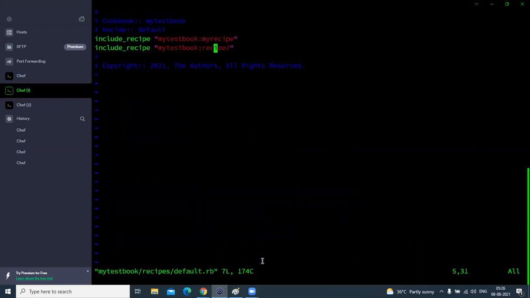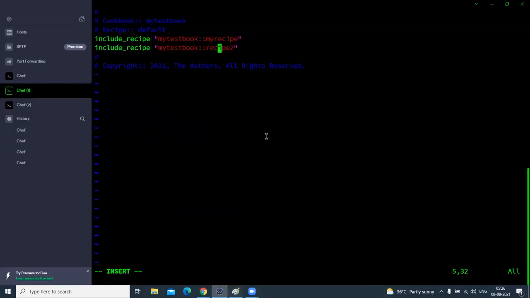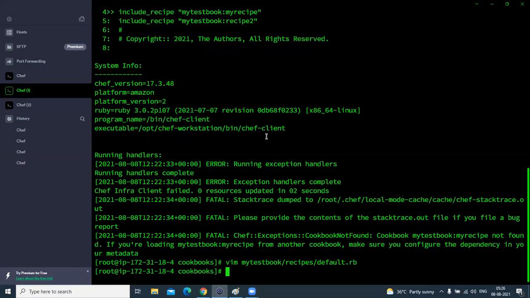Here I need to enter double colon one more time, and here I need to press again. The recipe name is, as you can see in Paint, my recipe and recipe 2. Okay, everything done. Now check again.